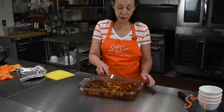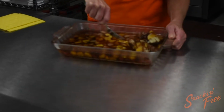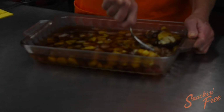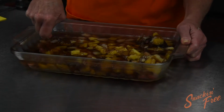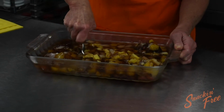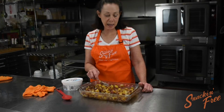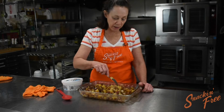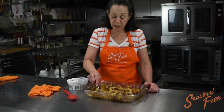So now what we need to do is take this and break up all the gelatin. You want to break it up very well, into small pieces, as small as you can. Okay, now that we've broken up all the gelatin and fruit, and it's all sitting in this nice pan,